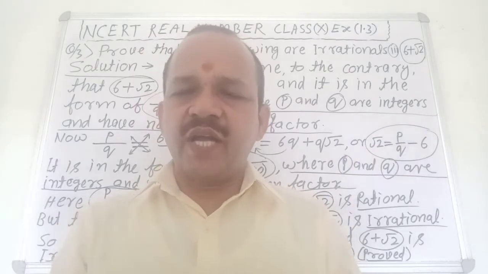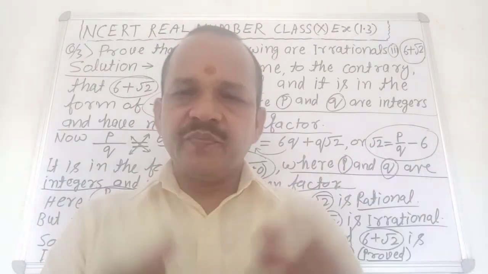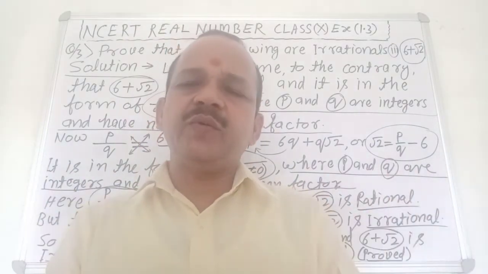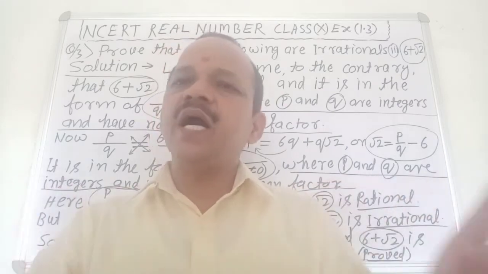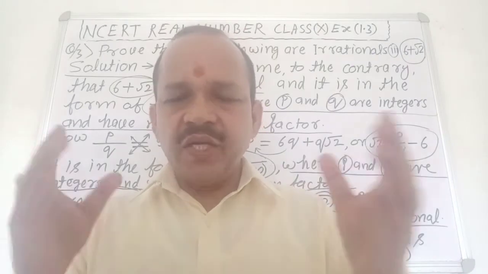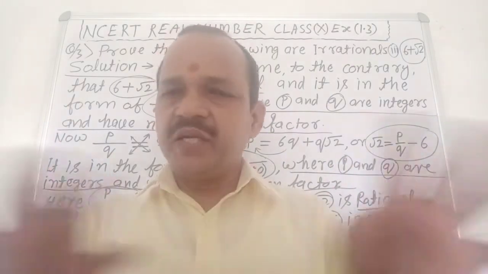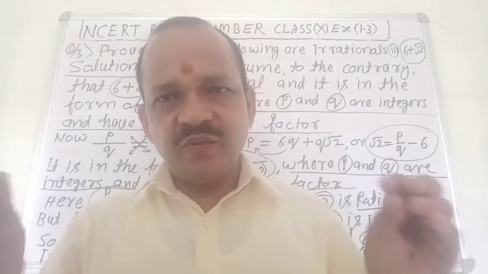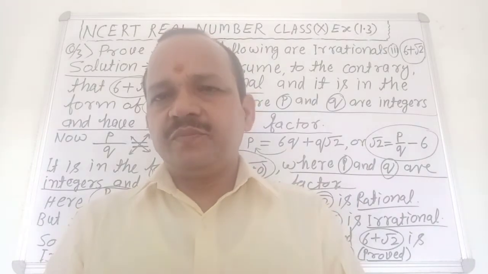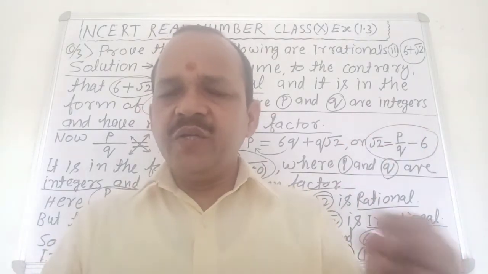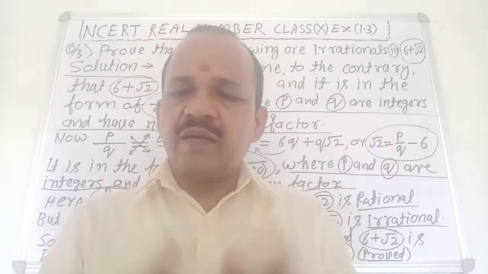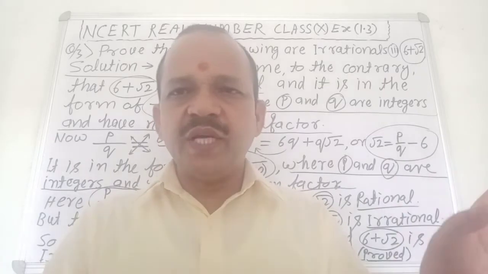Now I want to describe irrational number. A number which we cannot write in the form of p by q, where p and q are integers and q not equal to 0, is the definition of an irrational number. Rational number and irrational number are clear? No confusion about it? Very good. It is very easy. You can very easily solve your question, or you can very easily prove that a given number is irrational. Clear? No confusion about it?